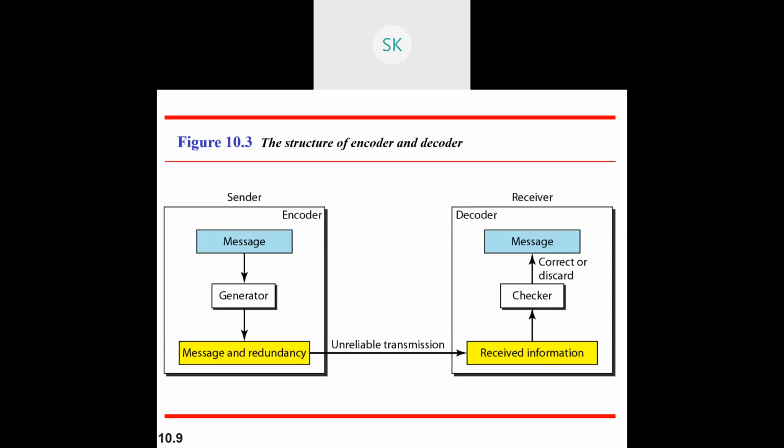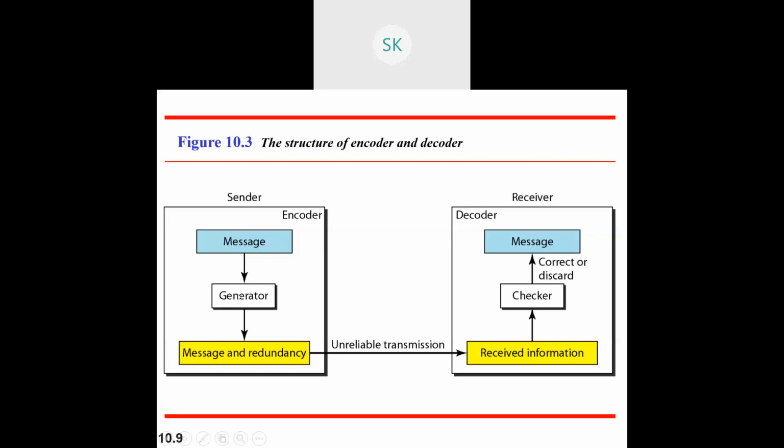Encoder is nothing but you are changing the data from a readable format to an unreadable format. That is called an encoder. What will be there in this encoder? This block will first contain the message, and then you require some extra bits to be added, right? For that, one generator will be used. Using this generator, it can be used in any fashion. It may be a parity generator, as we have seen in the previous example, or it may be a modular arithmetic generator, anything it can be.